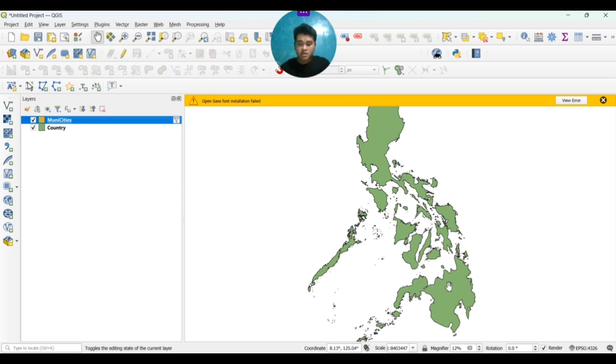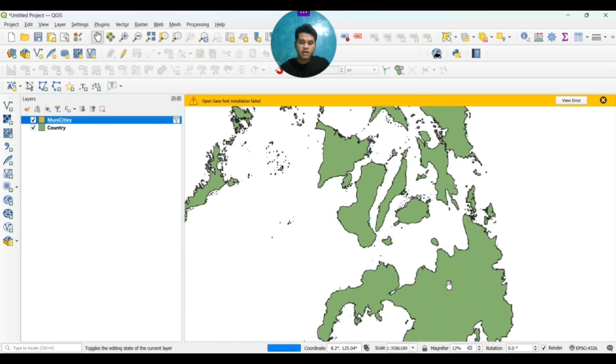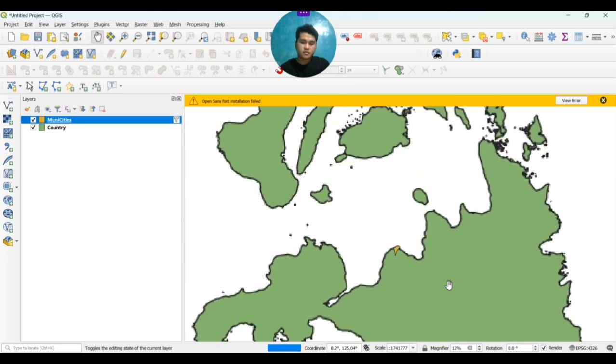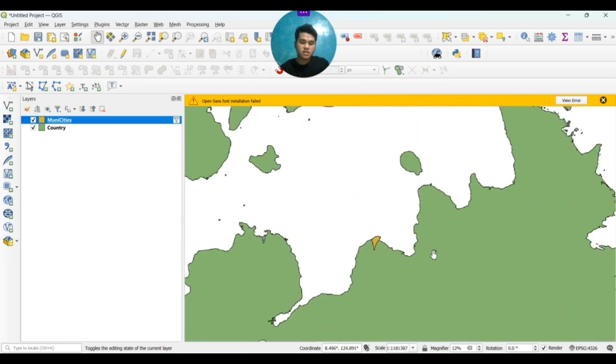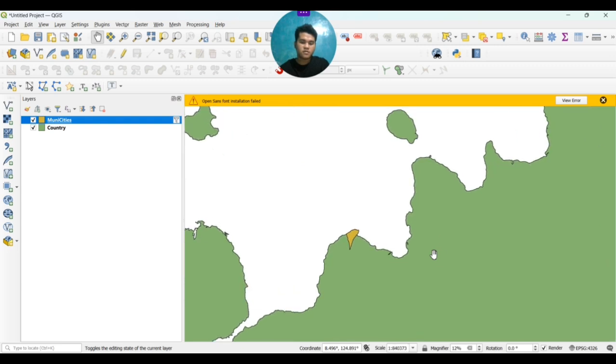When that is done, zoom in to the map that you created and look for something different from it. So here, as you can see, this is the municipality of Lagindingan in my case.